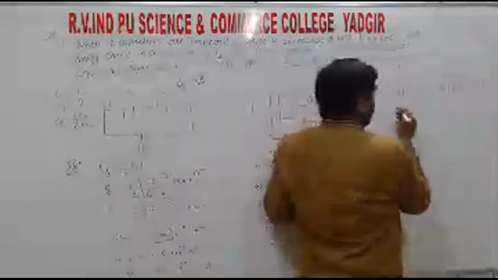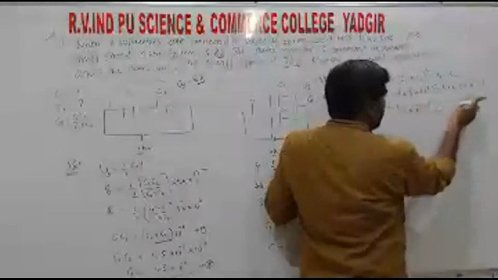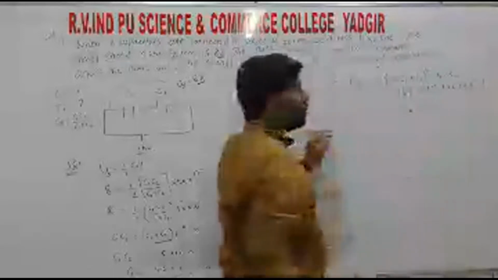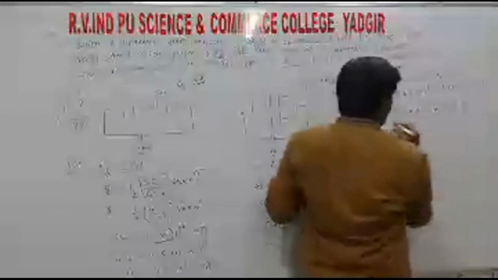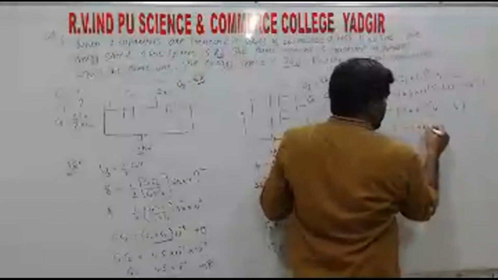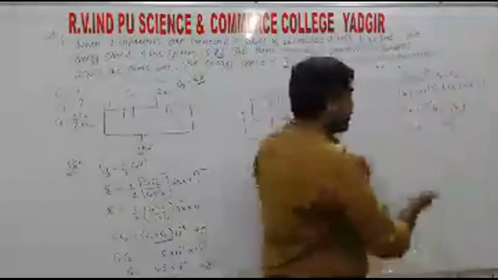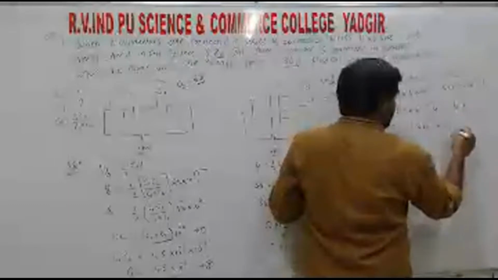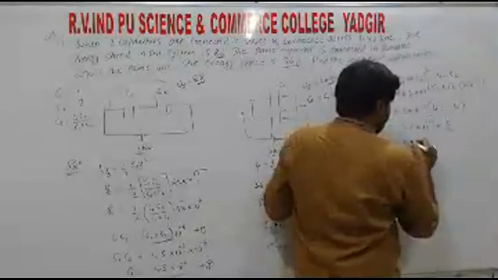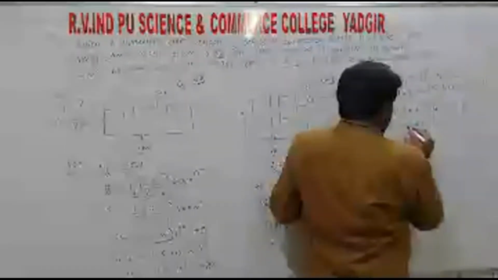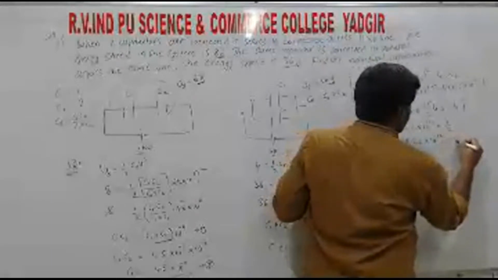So in these two, we have the common factor, that is 4.5 into 10 to the power of minus 12, right? So if we take 4.5 into 10 to the power of minus 12 common from these two, here we get 4.5 minus 4, right? So that is 4.5 into 10 to the power of minus 12 into 0.5, right? So 0.5, we can write as 1 by 2. So here 2.25 into 10 to the power of minus 12. So calling this one